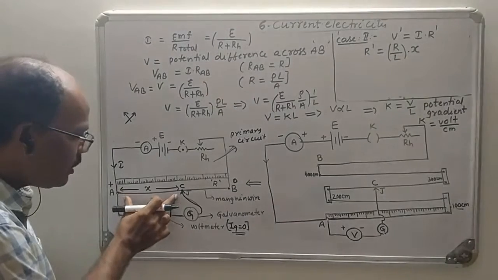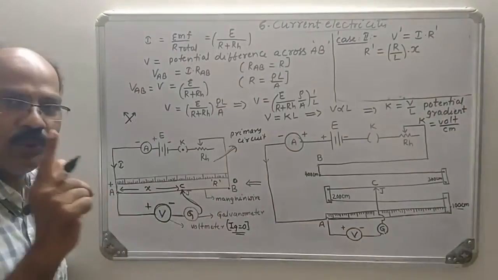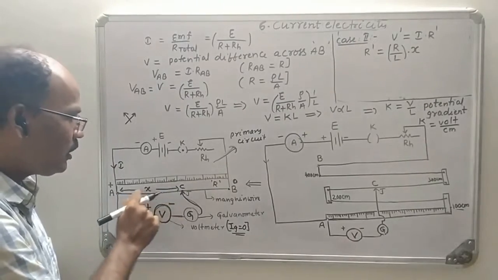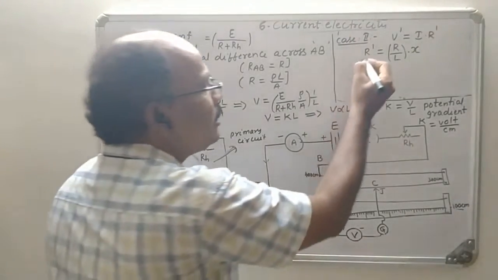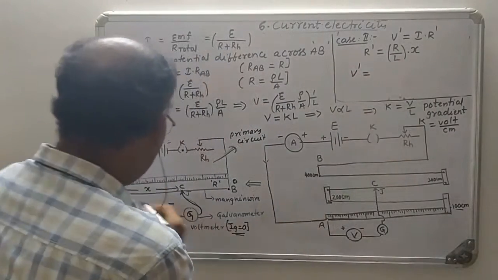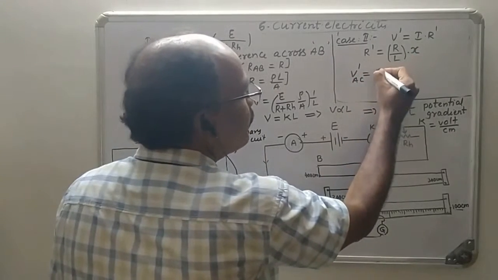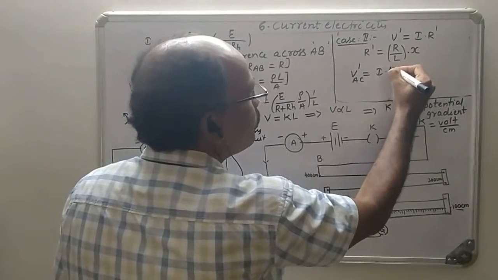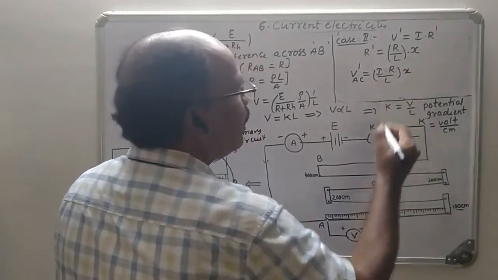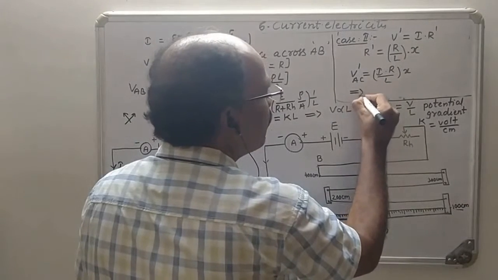Similarly, what is the resistance of this portion of the wire? That is nothing but the resistance per unit length multiplied by the selected portion of the wire, that is AC. So this is the resistance of that wire. Therefore, the potential drop across the points A and C, AC, is equal to I into R dash. So we can write R by L into X. Here I and R by L are constant. Therefore, we can write V dash